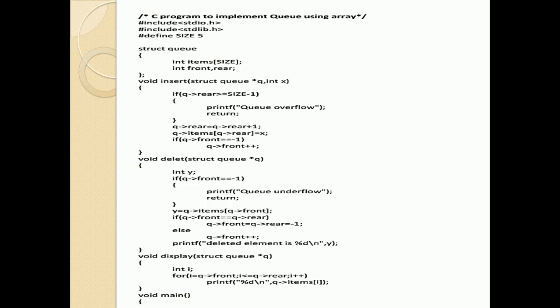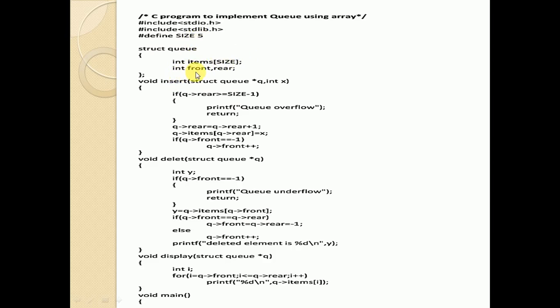So let's see the next question, that is how you implement a queue, like the stack, since in your final exam you will get the implementation of a queue using arrays. Here we have used hash include stdio.h, stdlib.h and so on. Here also we globally define the queue size as 5. Now the queue is declared using struct, where two variables are taken. One integer array of size 5, so at most you can insert 5 elements into the queue.